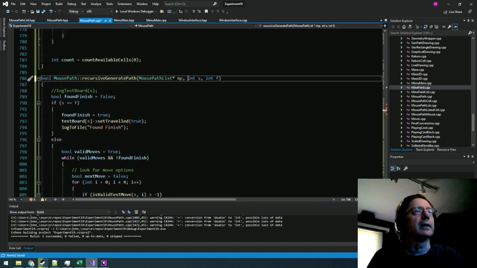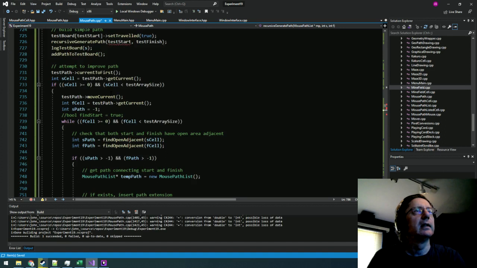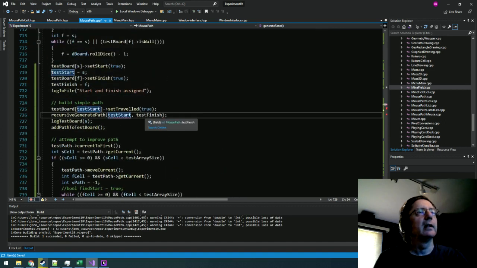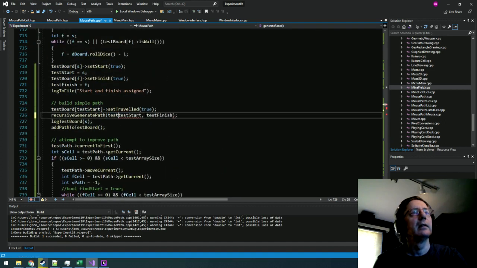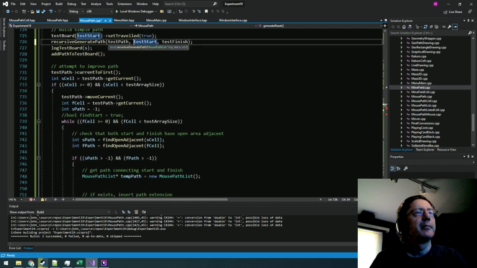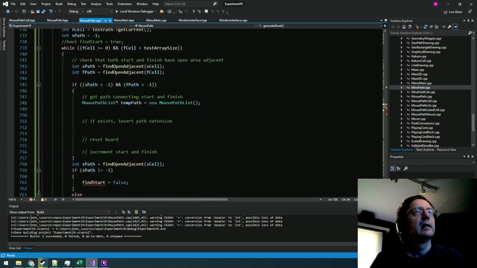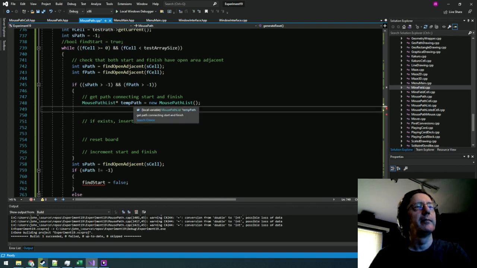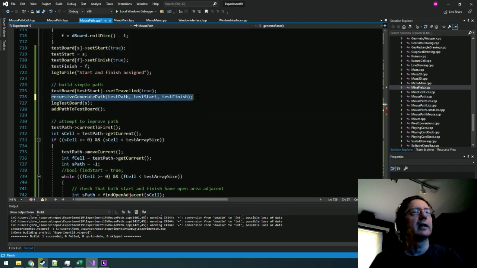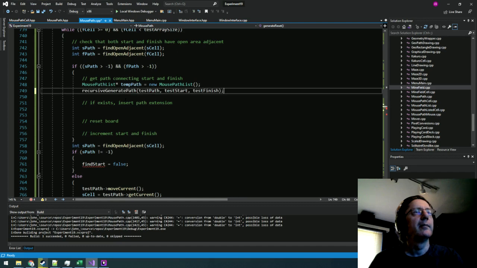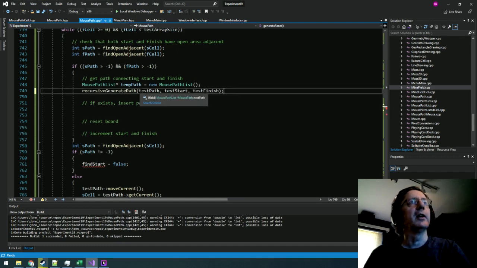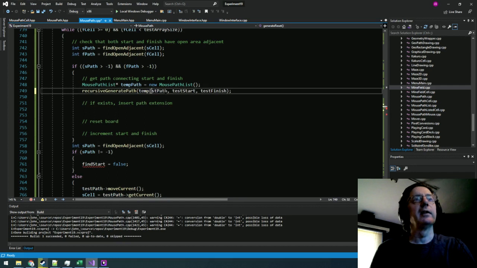Alright, so if I do this, then up here, I need to tell it that test path is my test path that it's supposed to populate. But here, let's call this again. But here, I'm going to call temp path, and I'm going to give it